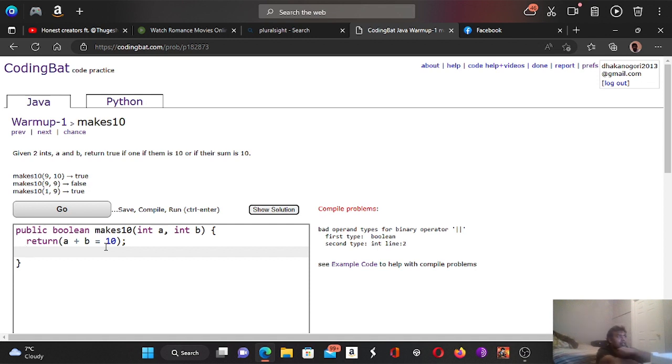Bad operand for binary operator. First type is boolean. Okay. Boolean makes 10. Integer A, integer B. Ten is equal to